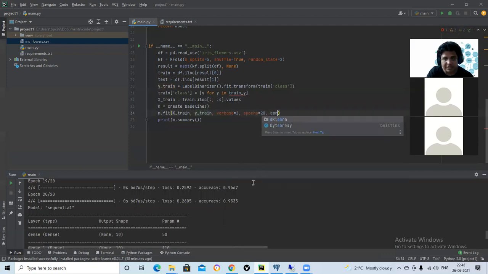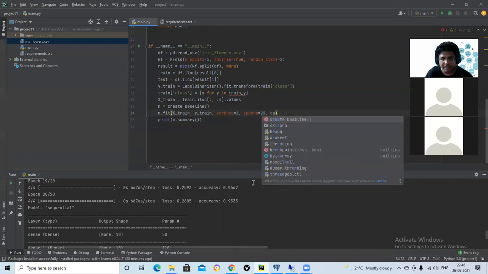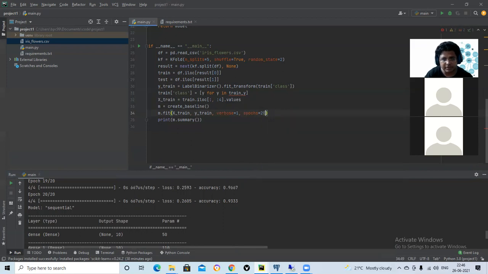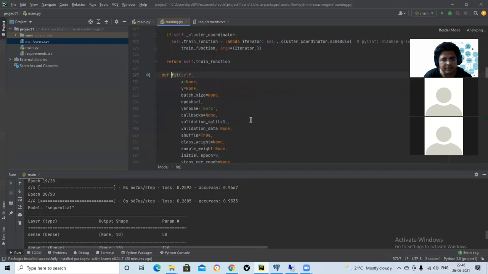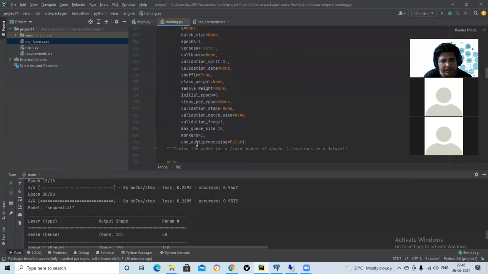There is one more thing, early stopping. What is that called? In fit we have that method. There are multiple callbacks.